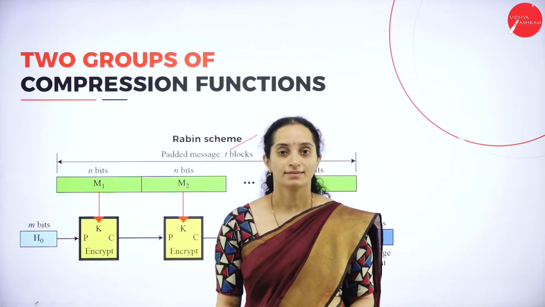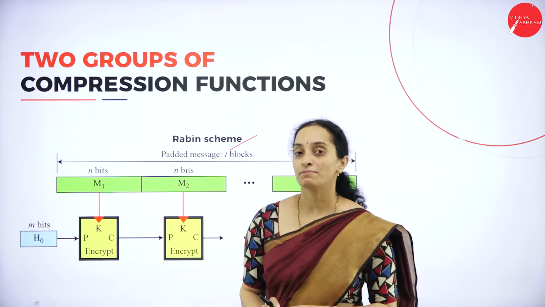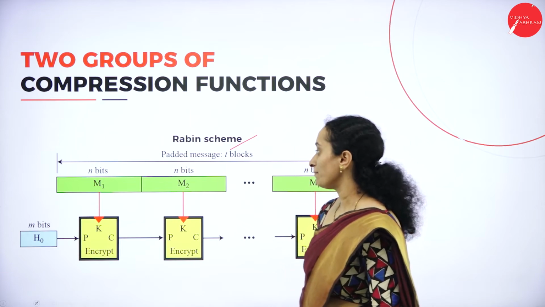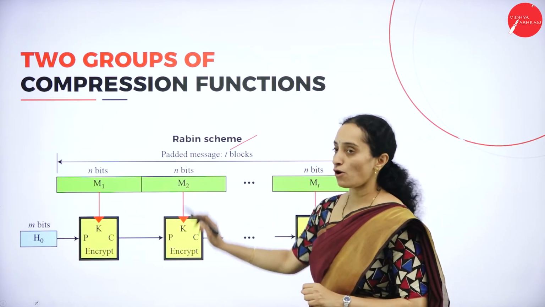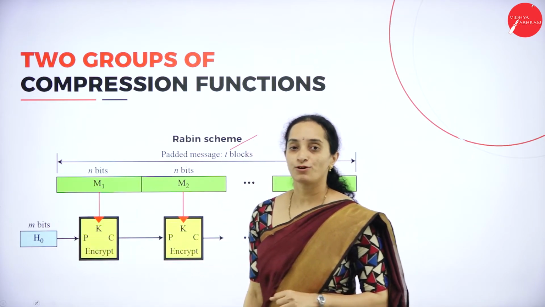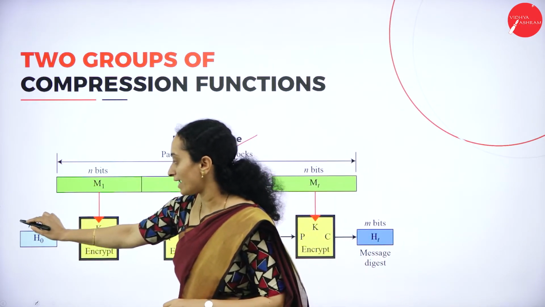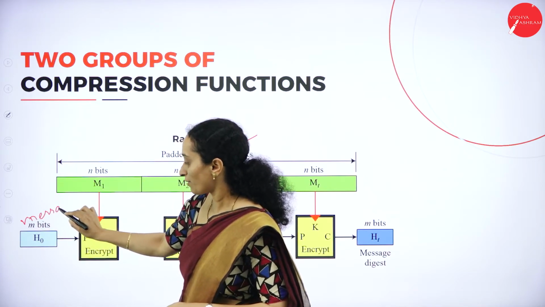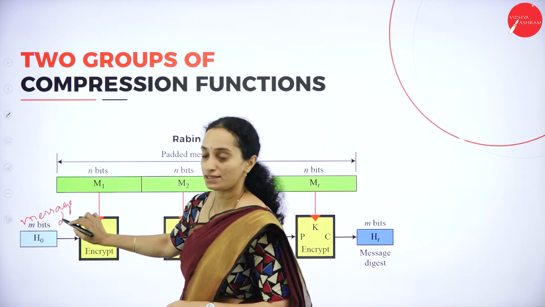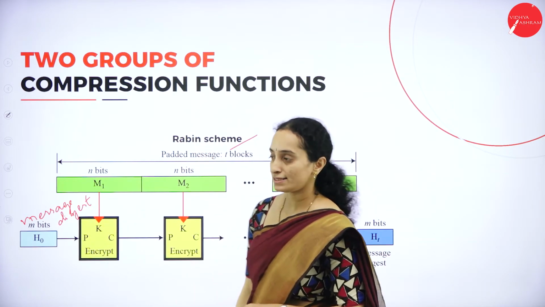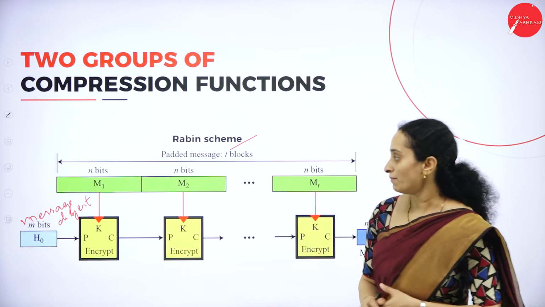Let's look at the Rabin scheme. The Rabin scheme is the improvised version of the Damgard scheme, where we use the block of m length and the m bits of the previous message digest. So it is the message digest from the previous message. So this is the Rabin scheme, where